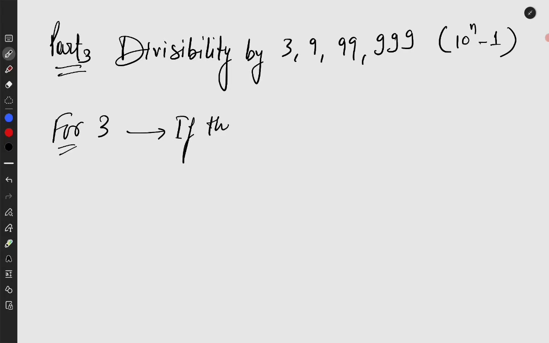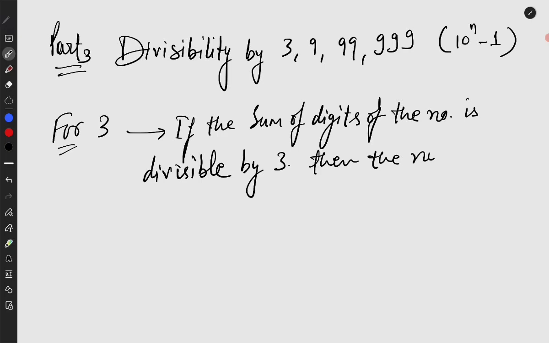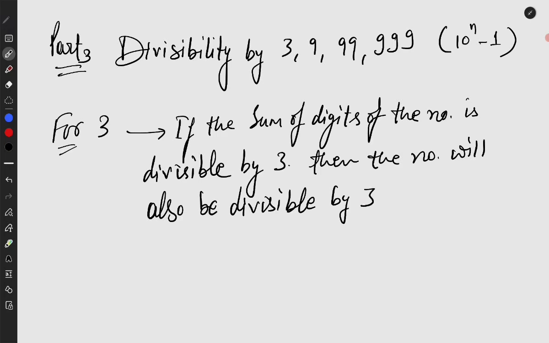If the sum of the digits of the number is divisible by 3, then the number will also be divisible by 3. For example, let's take an example,